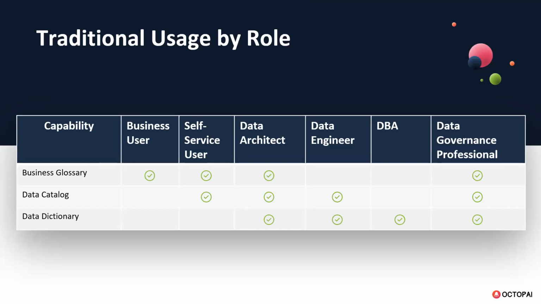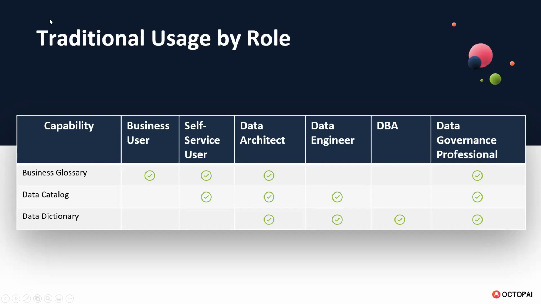The data catalog, you're now having to look at more technical level data. So certainly a self-service user, particularly in BI, might need to use that to look up columns that they intend to use. Data architect clearly is spending a lot of time dealing with columns or attributes if you're at the logical level. And I certainly did when I was doing a lot of data modeling. Data engineers, the guys now who are moving data around and building data pipelines and integrating things, they need it too.